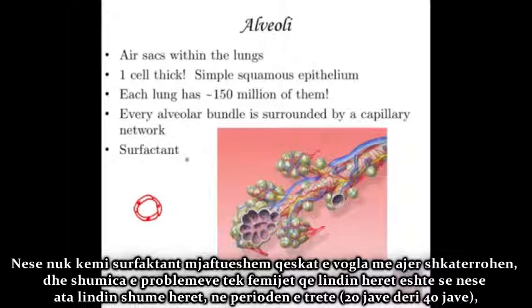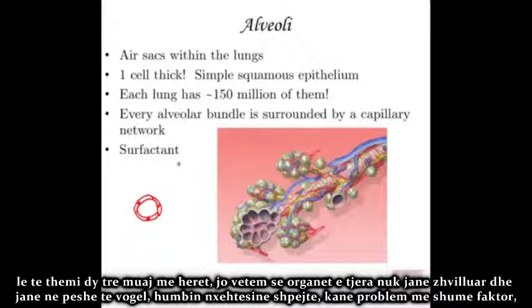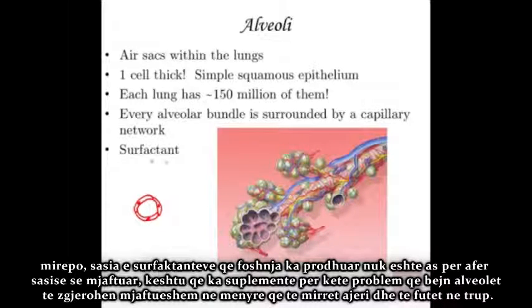And one of the many problems with some premature babies is if they're born very early in the third trimester, let's say they're 2.5, 3 months premature, not only are their organs in general underdeveloped and they're very small weight and they tend to lose heat fast, there's a lot of factors that are a problem, but the amount of surfactant that baby has produced is not nearly what it should be when they're born. So they actually will supplement their little premature body with surfactant so that their lungs can maintain the alveolar integrity in terms of them being expanded enough to continue to get air into the body.